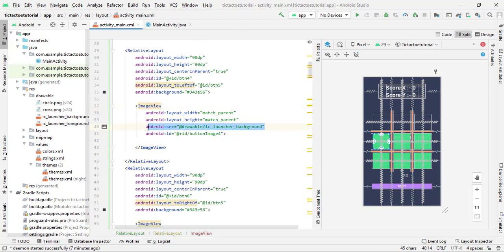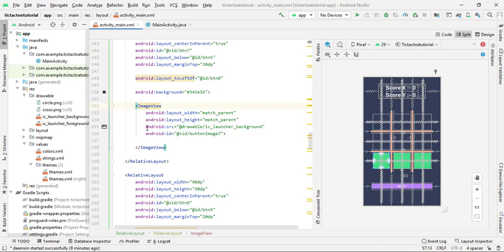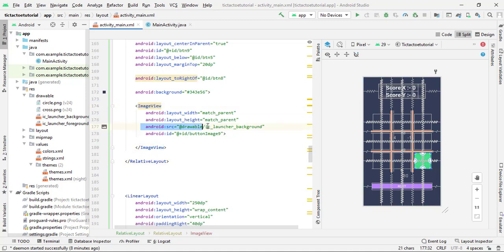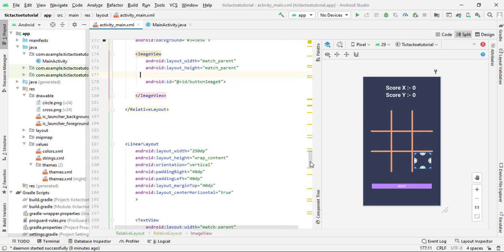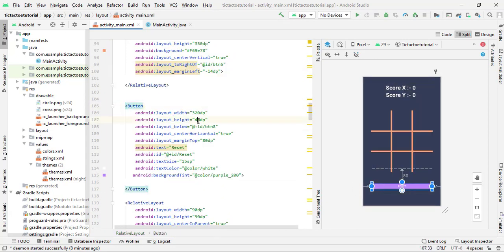I do it a little bit fast, Control X, Control X, Control X, Control X, and now only two buttons are left, so click on it and Control X, cut this also and cut this also. So this is fine. Now one thing I also want to change: my reset button height is a little bit less, so it is better to set the height to 50 dp from 40 dp, so it looks fine. Now it is fine. Now open your main activity file.